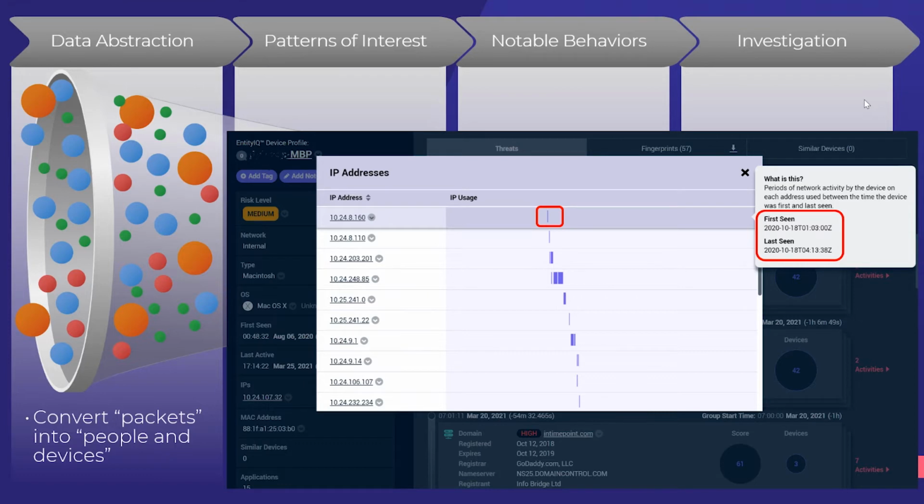This device has been tracked, as we'll highlight over here, for almost 9 months. It uses IPs for a few hours at a time, and comes and goes and moves around the network, which is incredibly common for devices in most enterprise networks. Now, this is so important because what we're going to ultimately be talking about is